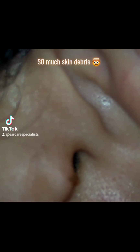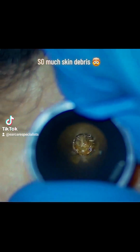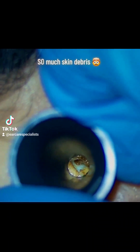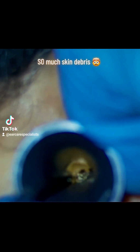I lose count of the amount of actual debris that I take out, but it must be 8 or 9. Anyway, 3 attempts at ear irrigation, nothing happening. They then came to see me for microsuction. Microsuction under a microscope where you can see exactly what you're doing when you're doing it is a far better approach to take. So we just carefully take out these skin reels one at a time until we can see